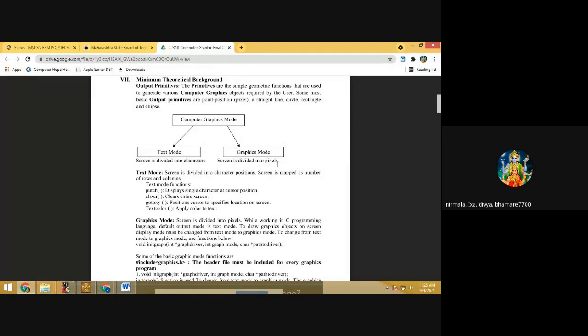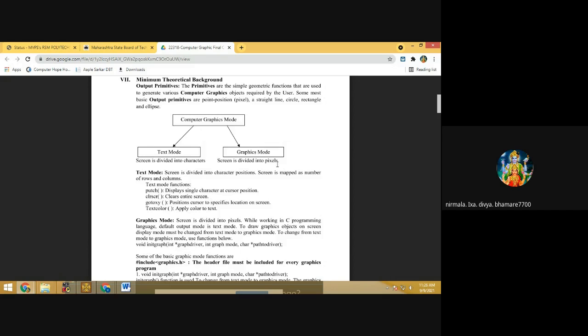So the first text mode function we will see is putch. This is a built-in C function. What happens when we include the putch function? It displays a single character at the cursor position. So wherever your cursor is, it will display the character at that cursor position with the help of the putch function. Then again, one built-in function you know, that is getch. What is the use of getch?